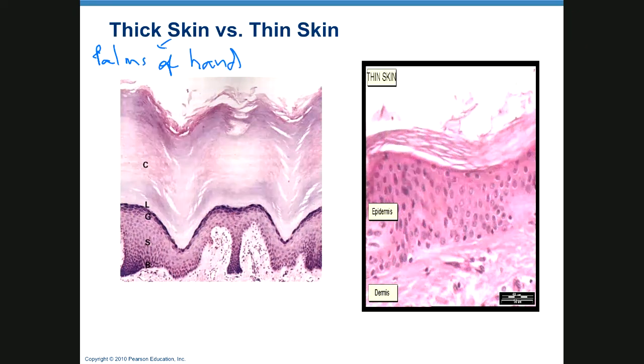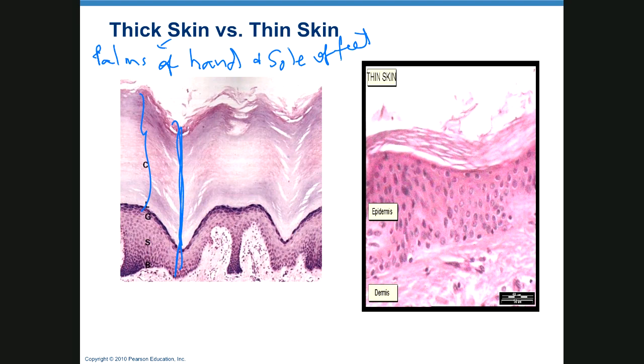Palms of hand and sole of feet. And those are the places where we find thick skin. You can see here, this would be the thick layer of the outermost part of the epidermis. This is the rest of the epidermis right here. So contrast thickness of this dead layer right here with the thickness of the dead layer in what we call